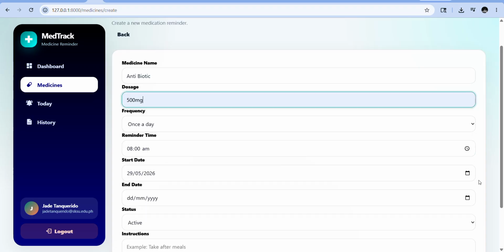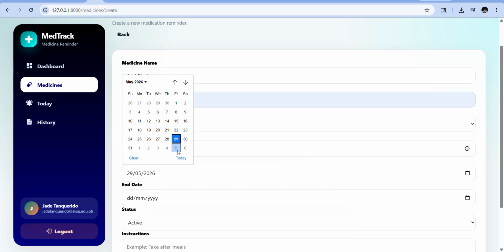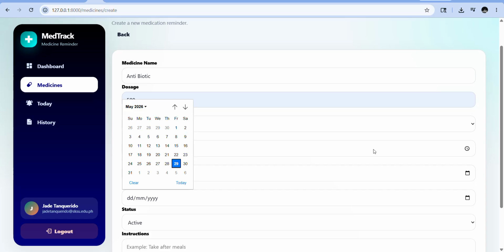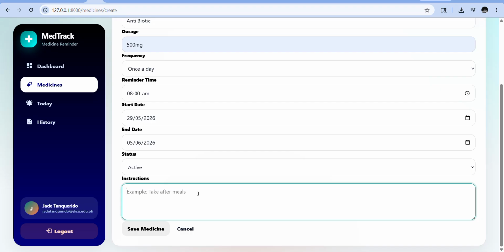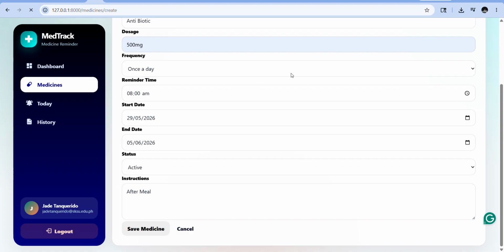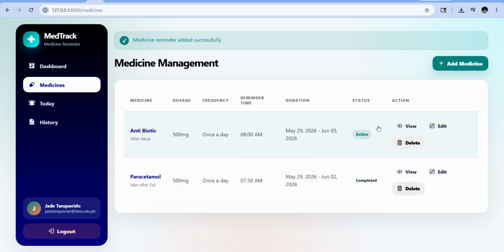Start date is today, for 7 days of taking the antibiotic. So, let's put June 5 as the end date. And then set the status as active. The instruction is to take it after eating. Save medicine. So, there it is.